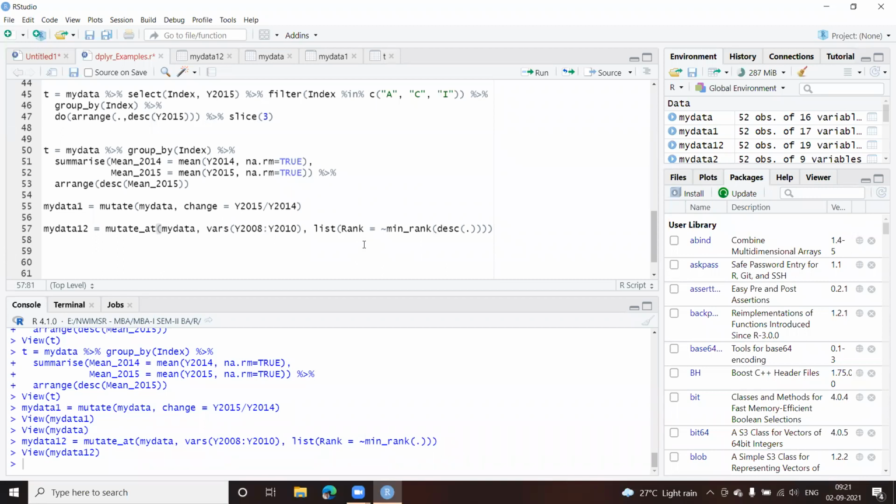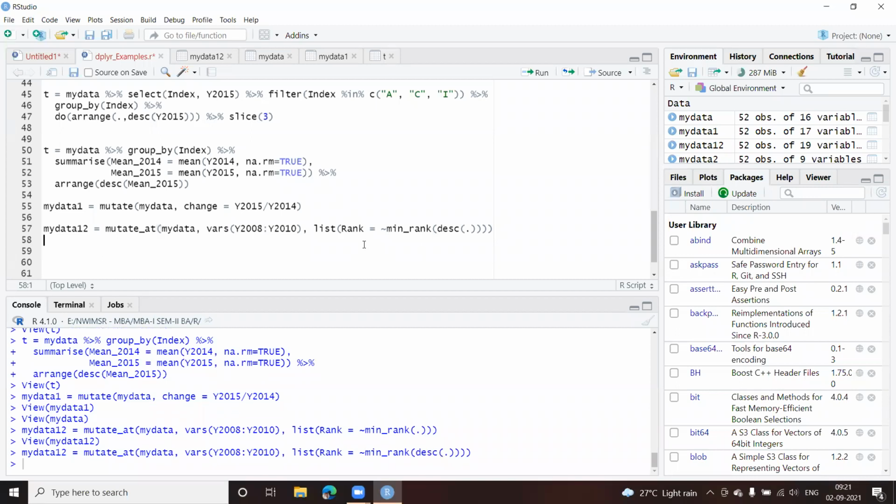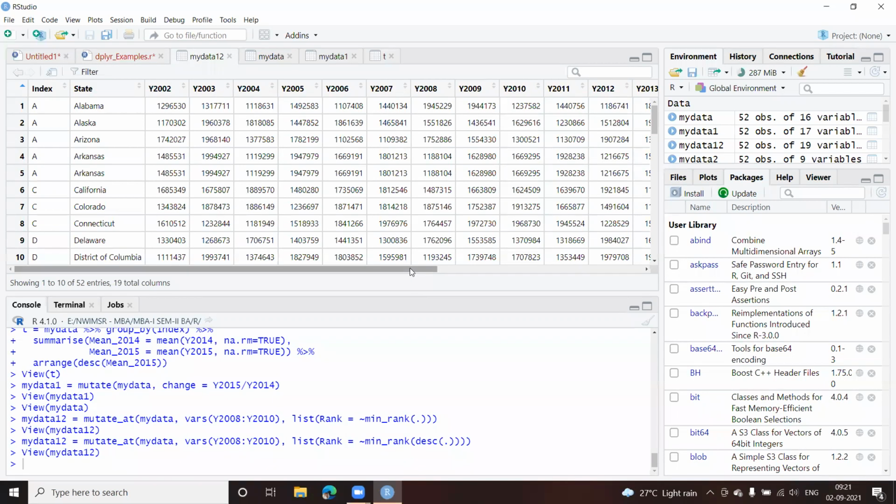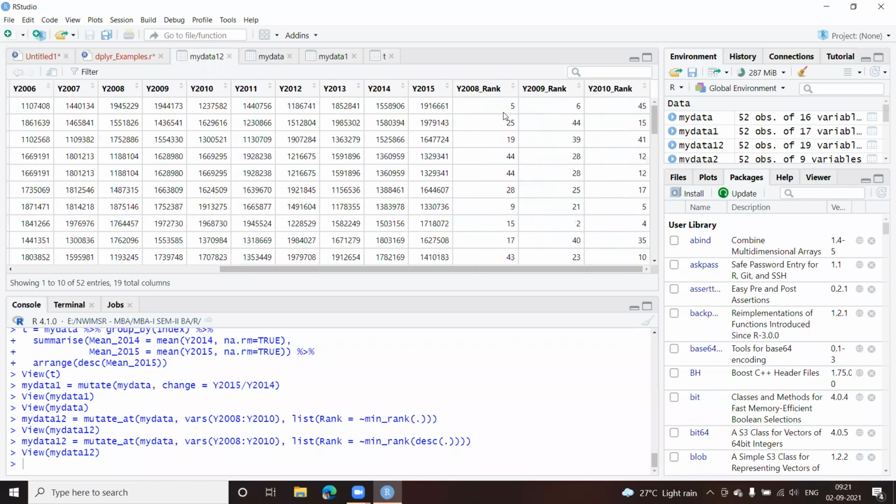So I've made only one small change, because the ranking was happening the opposite way. The minimum value was getting the highest rank, the first rank. I don't want that. I want the highest annual salary as the topmost ranking. So I've given descending, and I've given a dot in there. Let us now check the outcome. So here you will see for the first one, initially the rank was 5th, then it became 6th, and now in 2010 it became 45. So it is reducing.